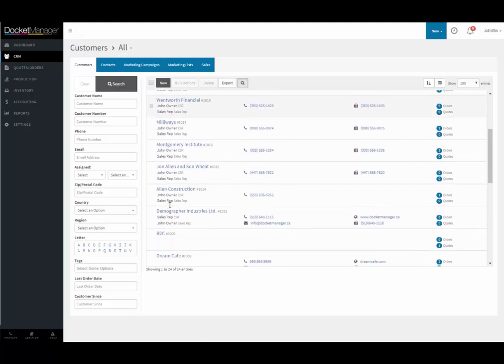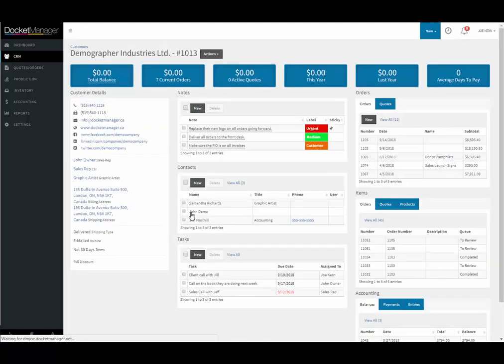So let's take a look at a customer and the detail that goes into all of the information on the CRM or on the customer. Up at the top, you're going to see those blue toolbars which show financial information, outstanding balances, how long it takes for them to pay, as well as down the left-hand side, customer details from phone, fax, emails, social networks, and then just standard preferences, like if there is an assigned sales rep or CSR, what are their billing and